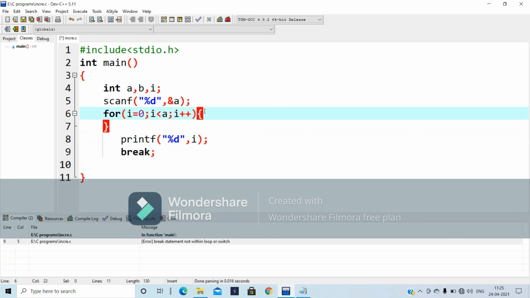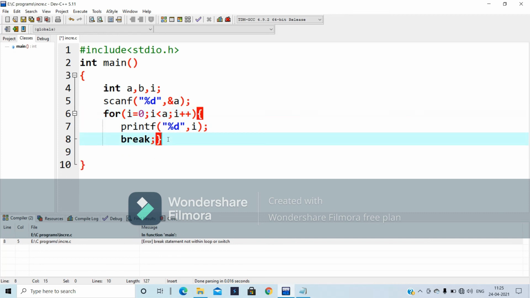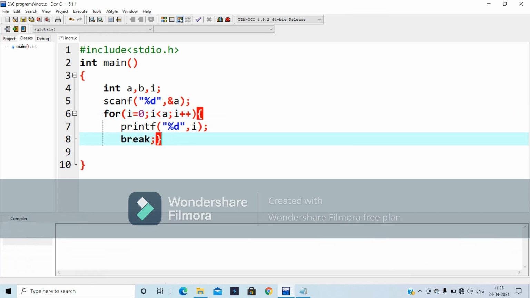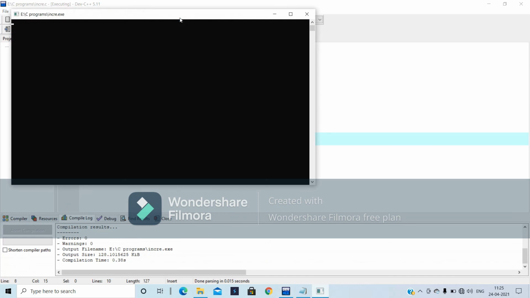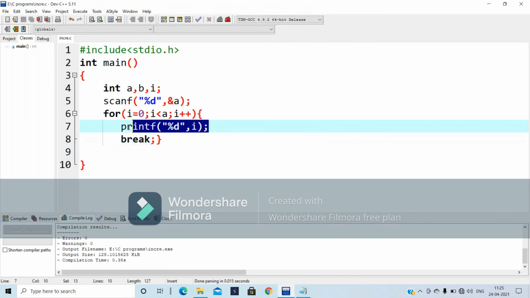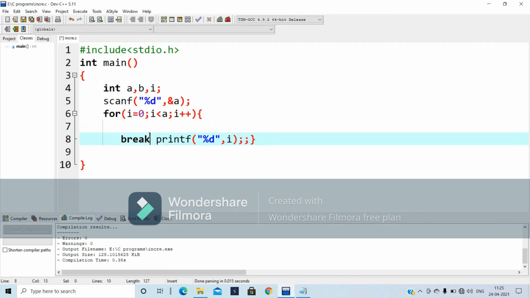If more than one statement is there, we must mention compound statements with curly braces. I'm going to give 10. It's showing only 0, because it prints the 0 value first, and after that it breaks the iteration. This is break in a for loop, same as the while loop and do while loop.